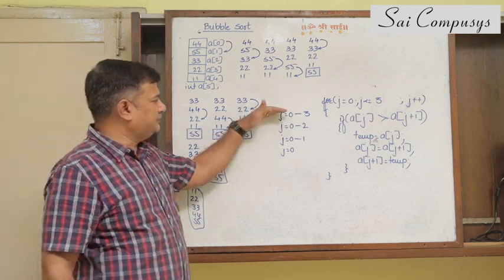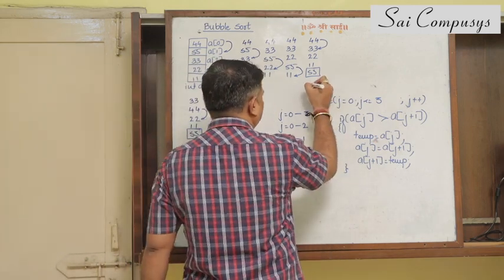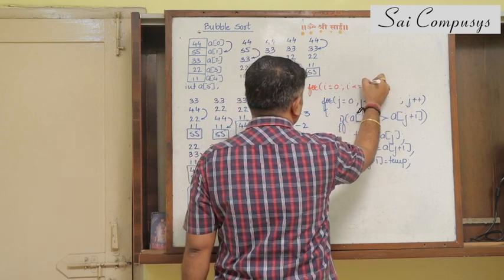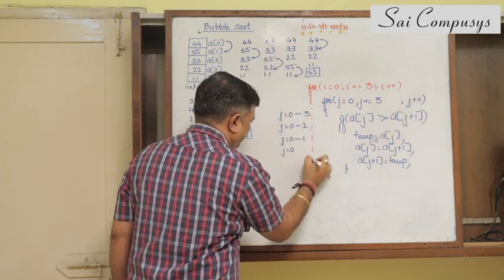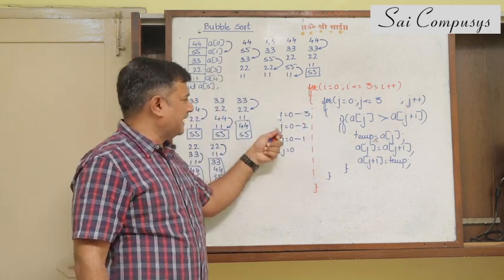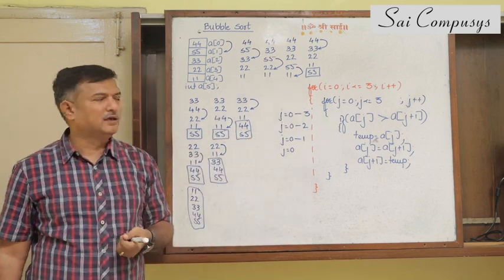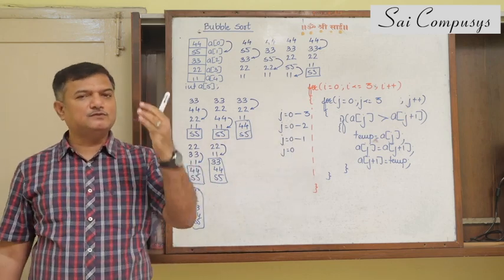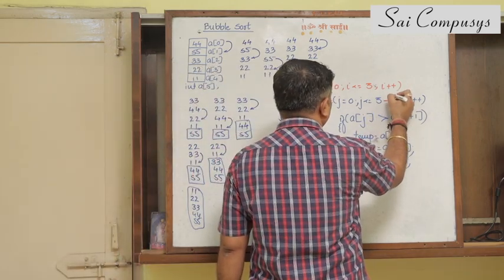As you can see, the loop of j has to be executed multiple number of times. Because the loop of j has to be executed multiple number of times, I'll put an outer loop of I, I less than or equal to 3, I plus plus over here. That can be done by putting an outer loop of I. But as you can see, first time j has to be executed from 0 to 3. Next time 0 to 2. Then next time 0 to 1 and so on. So this has to be 3 minus I.